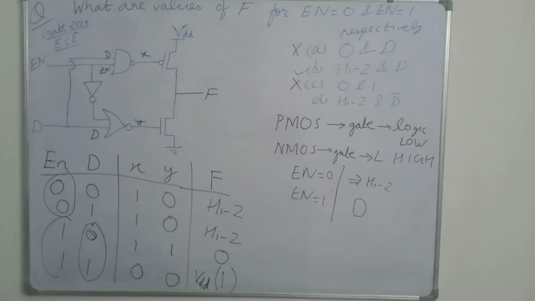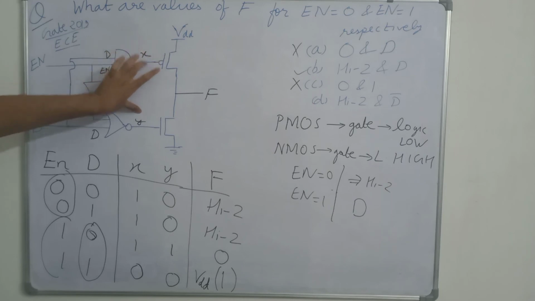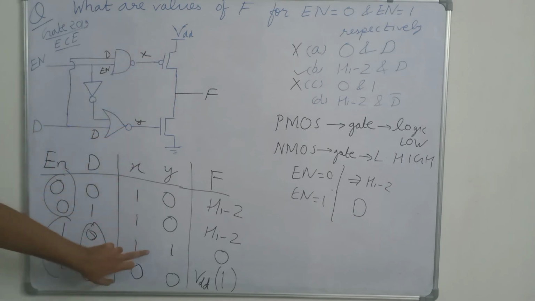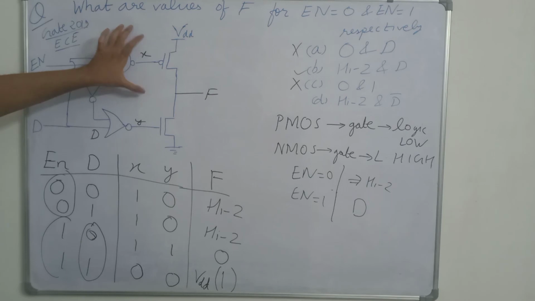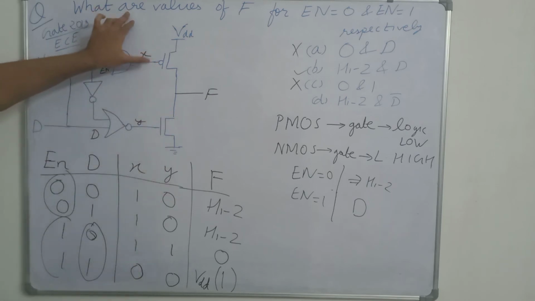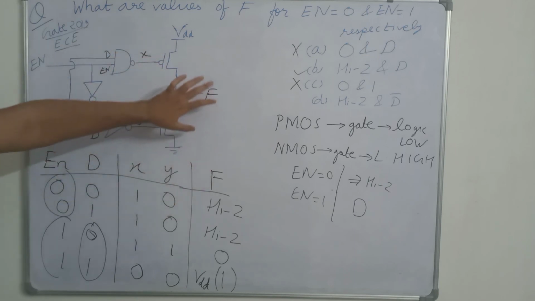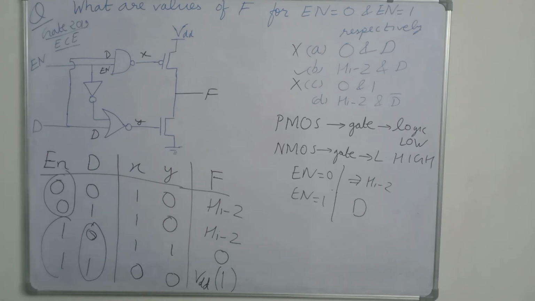So this was a very easy question. We can easily solve it by considering that PMOS conducts when the voltage of gate is logic low, and NMOS conducts when input of gate is logic high. So in the first case, X is logic high and Y is logic low, neither conducts. In the third case, X is 1, so PMOS does not conduct, Y is 1, so NMOS conducts. And in the fourth case, X is 0 and Y is 0, so PMOS conducts but NMOS does not conduct. So output will be high in that case.